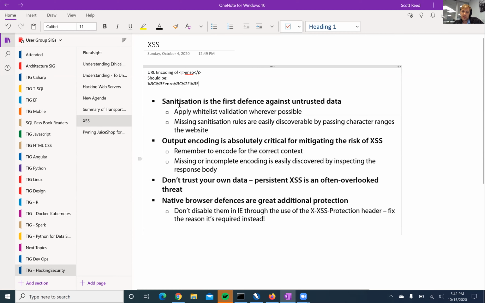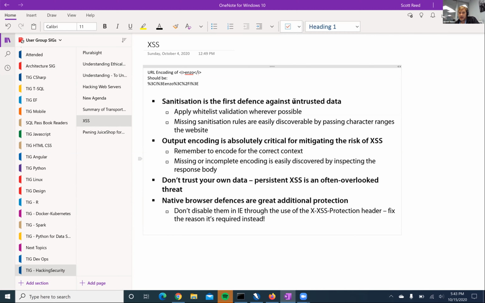Anyway, so he talked about the real threat here, and we're going to see it over and over again: untrusted data making it into your application and making it into something that you present or something that's stored. He talked about the two different types of validation, blacklist and whitelist.